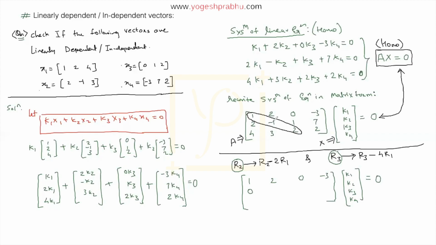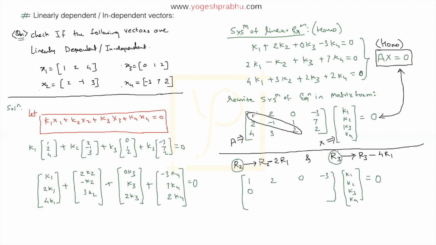Okay. Now here there is a little trick that I would like to suggest. Instead of subtracting, many people make errors. So I approach this in a little different way: instead of multiplying by 2 and subtracting, why don't you multiply by minus 2? So you multiply R1 by minus 2 and add. It's the same thing. It's just that we are looking at it in a different way so that the errors are minimum. You make fewer mistakes with that. Follow this. Multiply R1 with minus 2 and add to R2. Okay, let's see what happens.